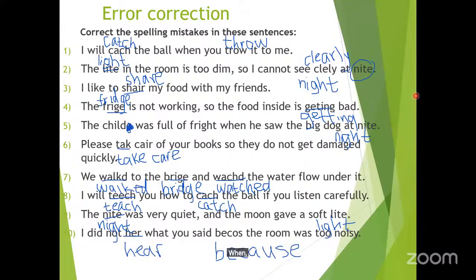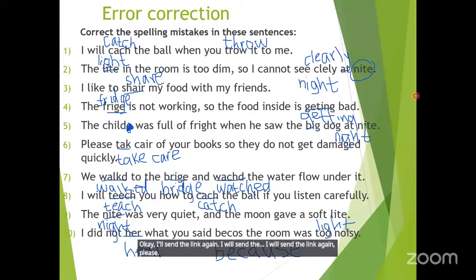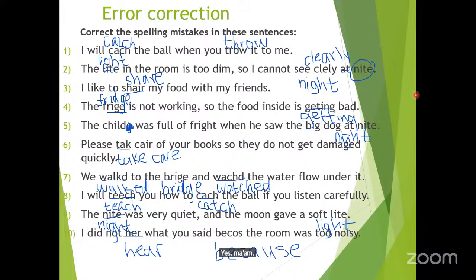When did you join, ma'am? When did you join this program? I joined from the beginning, after the webinar class, I joined immediately. Yes, we have different months. Which month? When did you join? Or you can't remember? February. Okay, February, and this is April. So you've not been doing assignments. Okay, I will send the assignment link again to the group. Yes, ma'am.